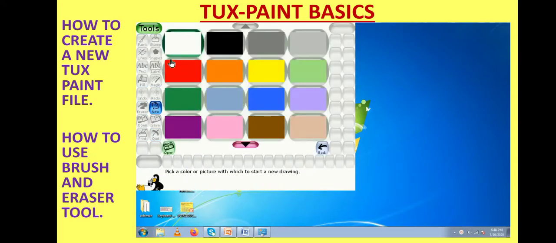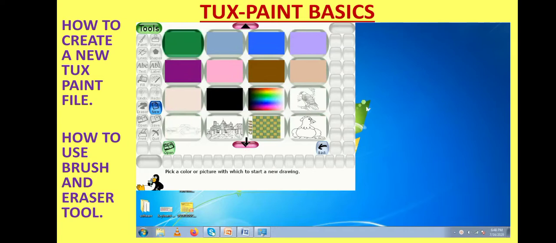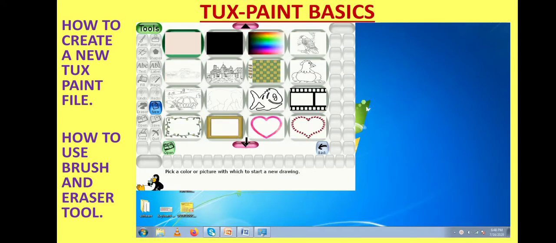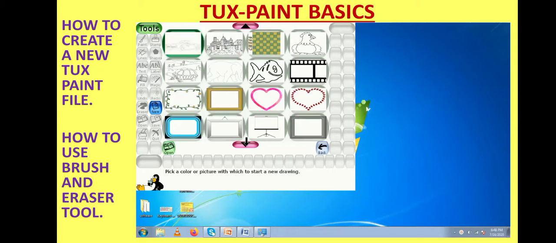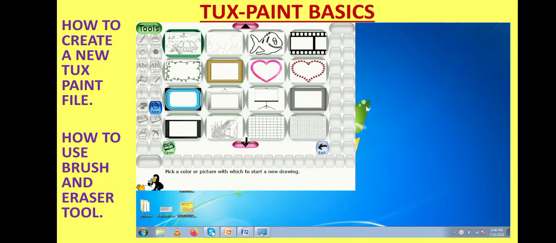When you click on the New option, various types of templates, you can call it canvas also, will be visible. You can choose a blank one, or you can choose any colorful template, or you can even scroll down to see various templates available. These are all ready-made templates that you can use in your drawing.